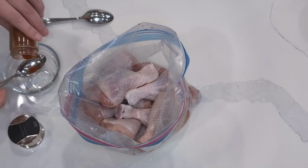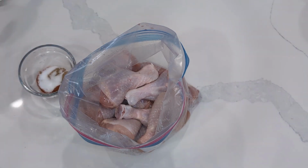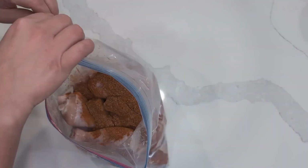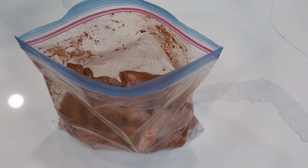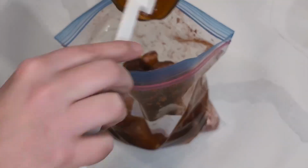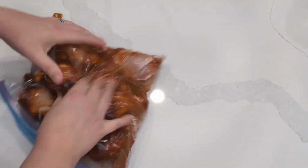So to make these in the first place, you've got your drumsticks in your large freezer bag, and then you're going to mix some paprika, cumin, and salt in a small bowl, and just dump that into the bag, and then shake it just like good old shake and bake. Seal the bag and give it a shake to coat the chicken. Then you're going to open that bag up and add some minced garlic and barbecue sauce. Seal that up, squish everything together to combine it, get out the air,